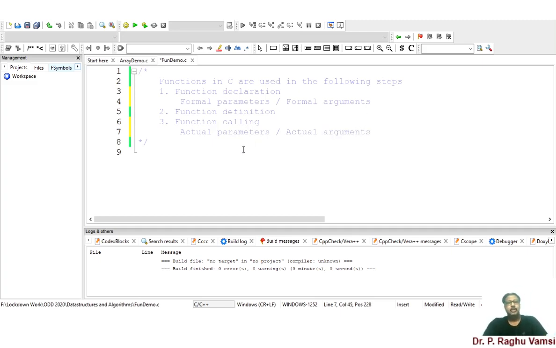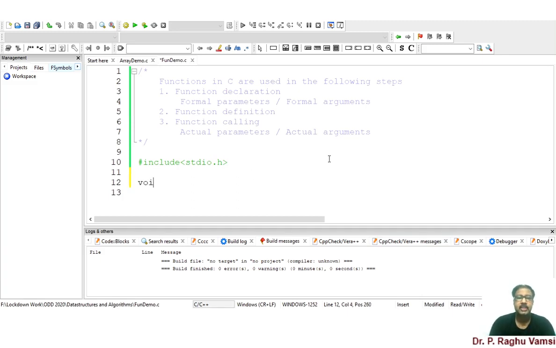So now I will do one thing here. I will write a small program for the demonstration of functions. As usual, we'll go for including stdio.h. So the syntax of the function is return type.